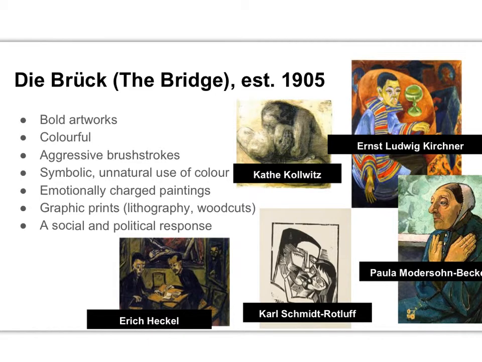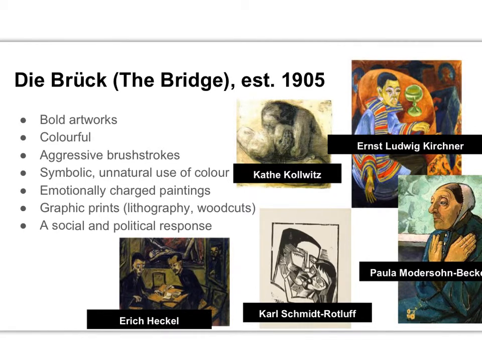Now, German Expressionism has two predominant groups working. The first of which was in Dresden, known as Die Brücke. Apologies if I'm not pronouncing that correctly. Also known as the Bridge, and this was established in 1905. Now,